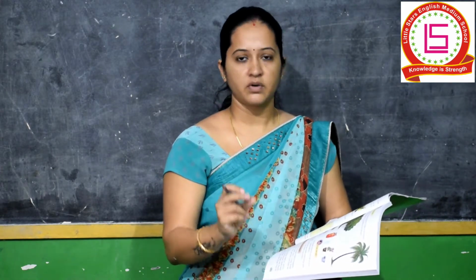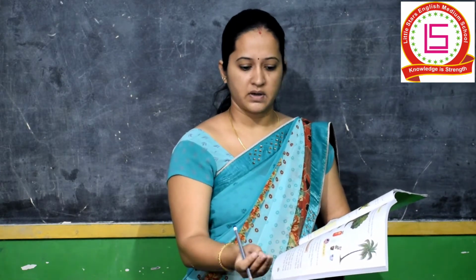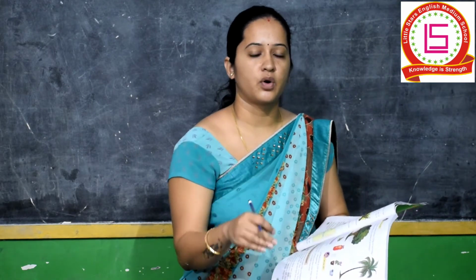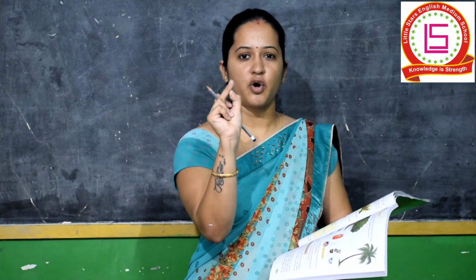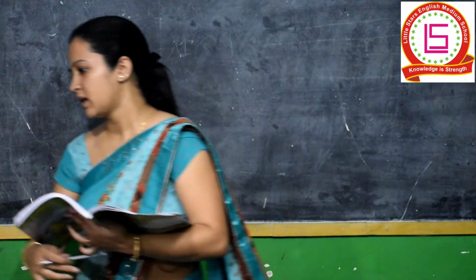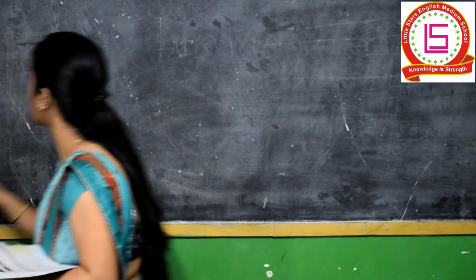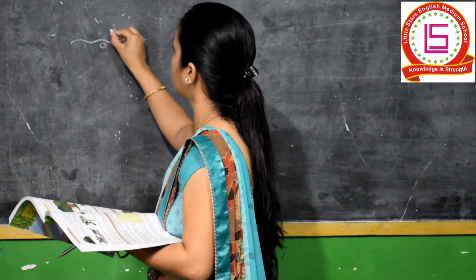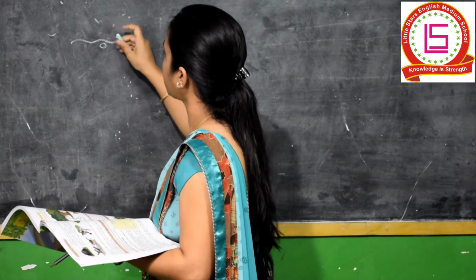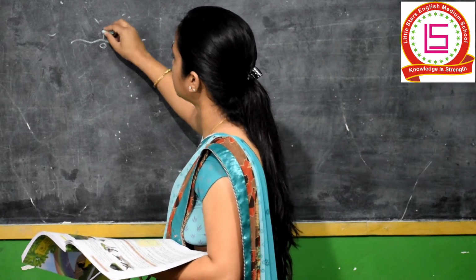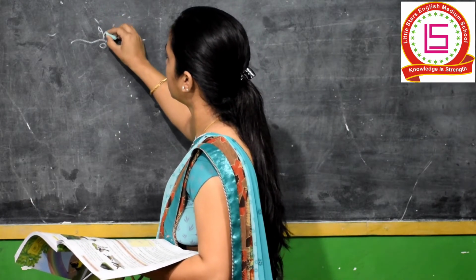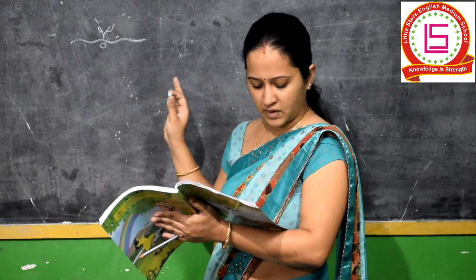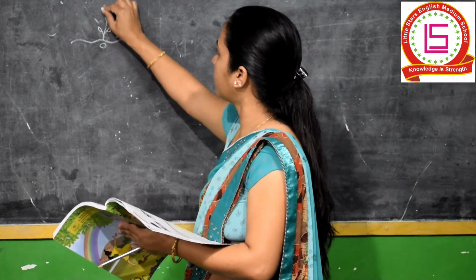See, in an open ground, if you sow a seed, after some days, when you take proper care of it and put water, it will grow into a small plant. Correct? How is that? This is your land, and if you put a seed inside it and put water, then after some days a small leaf comes out, a small stem comes out. Correct? And after a few days it has grown into a big plant.